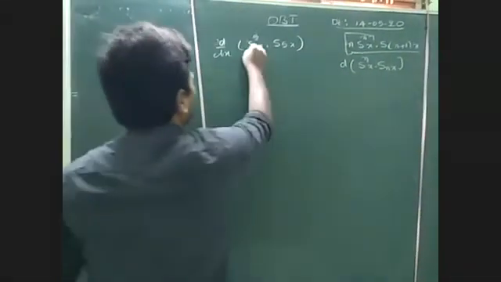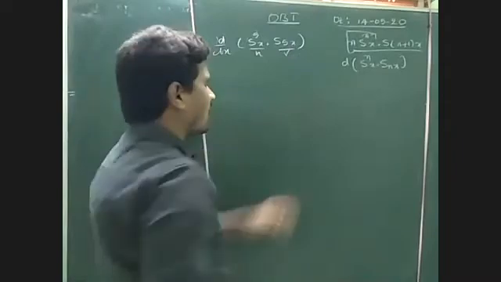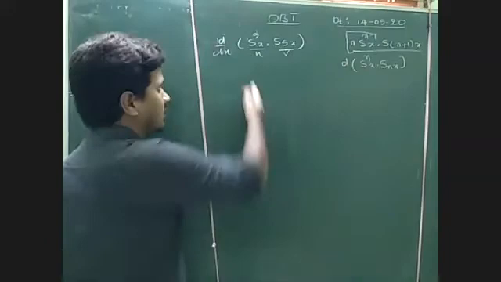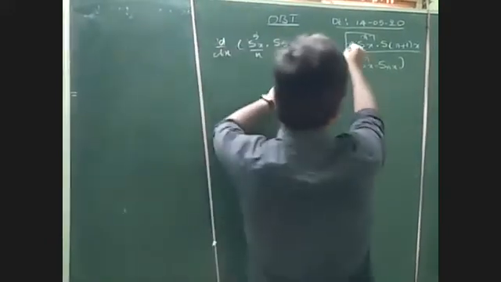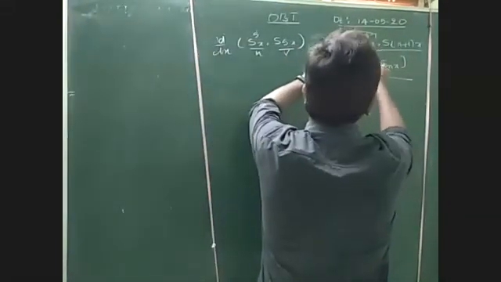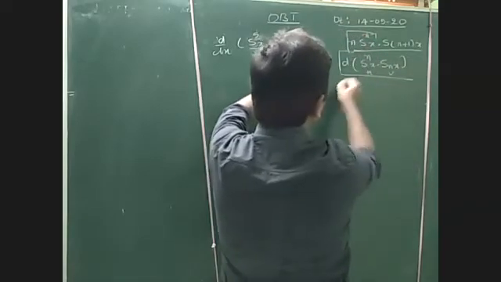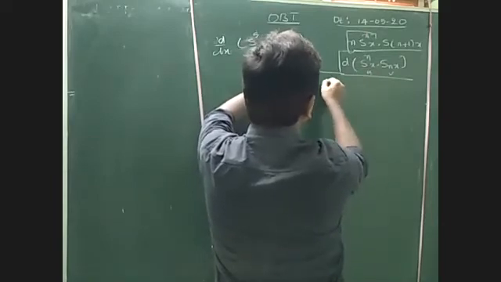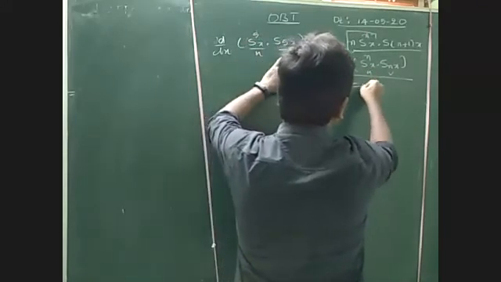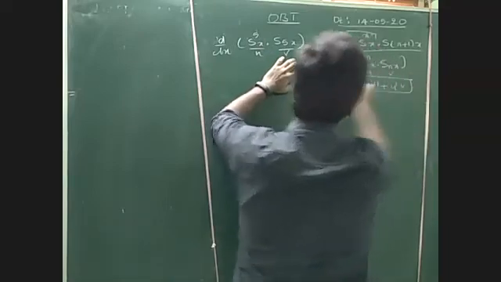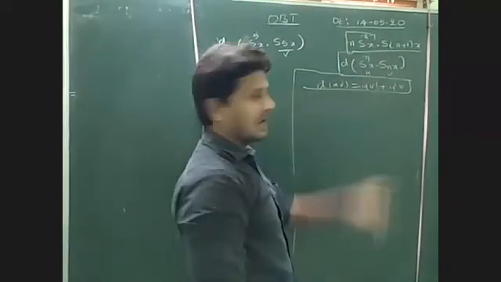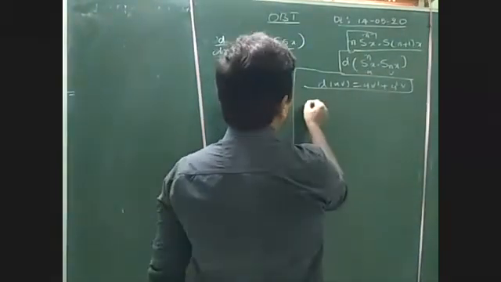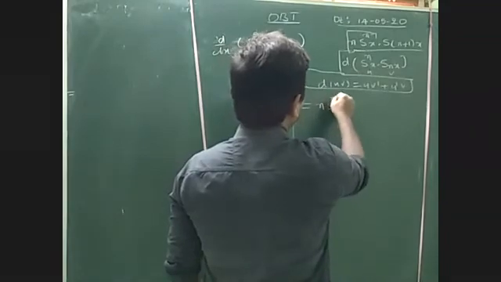How? Let us take this as u, this as v. The formula came by applying the product rule. If you apply the product rule, you'll get that formula. I'm applying the uv formula, the product rule. What is the formula? The uv product is uv dash plus u dash v. The u value is sin power n, which is in the form of x power n, so that is equal to n sin power n minus 1 x.